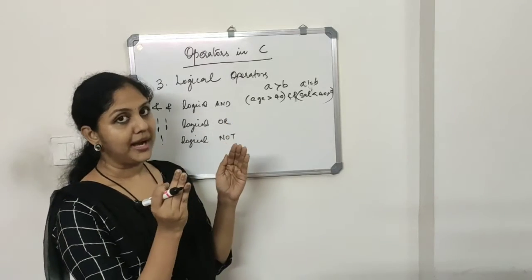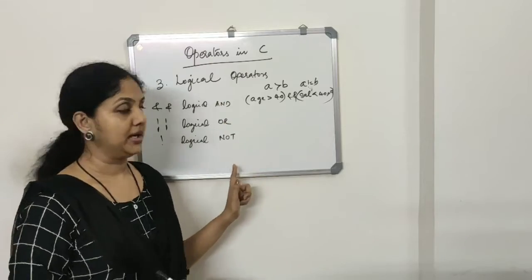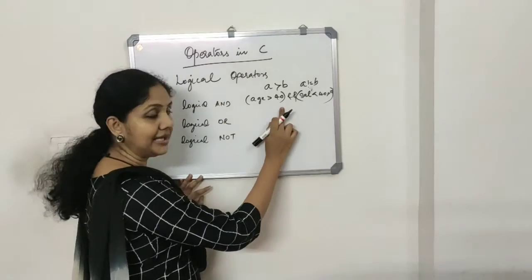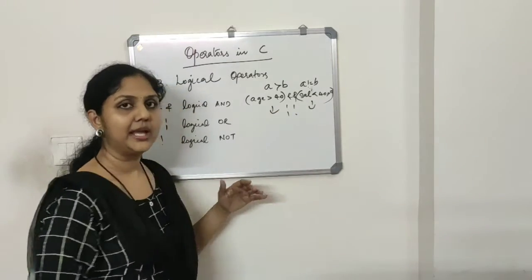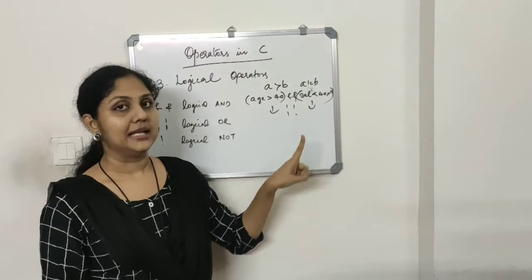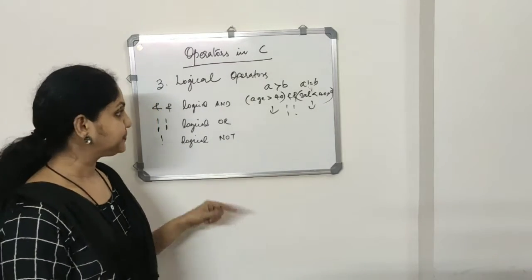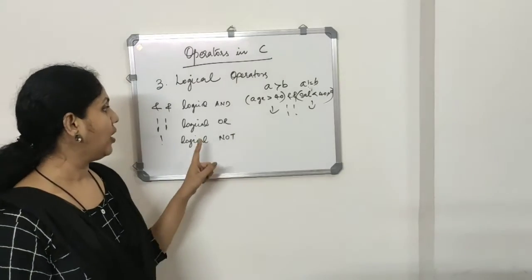So if I want to combine 2 or 3 expressions together, I can use logical operators. So in here, age greater than 40 or salary greater than 40,000, you can do like that also. If age greater than 40 and salary less than 40,000, then do some operations. So this is logical AND or logical NOT.